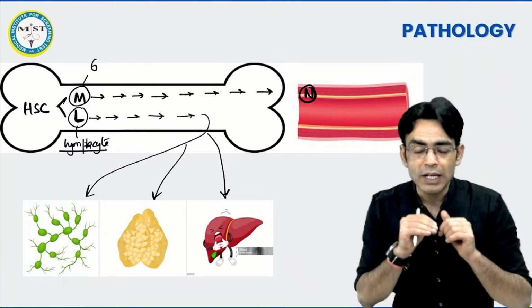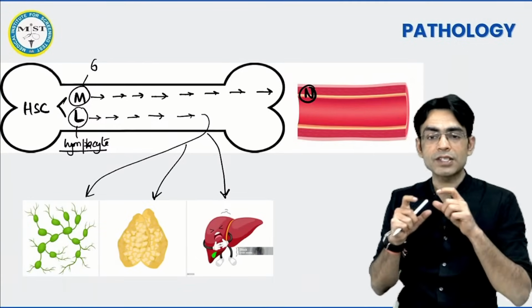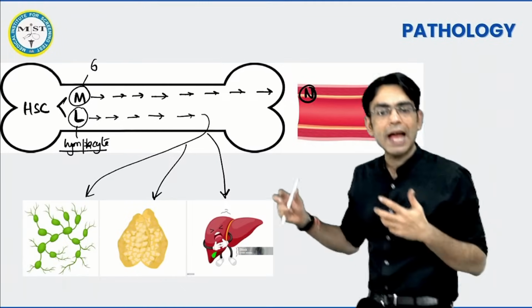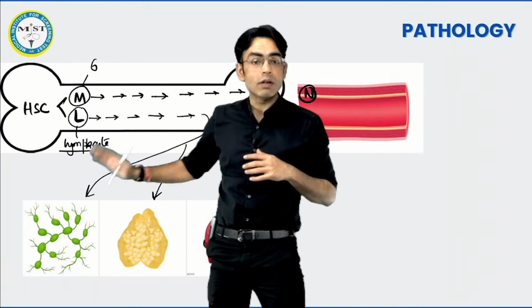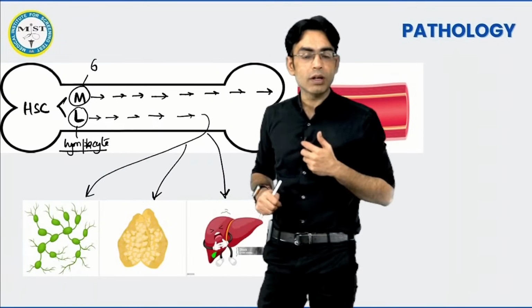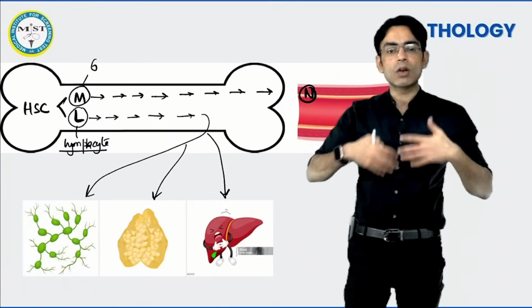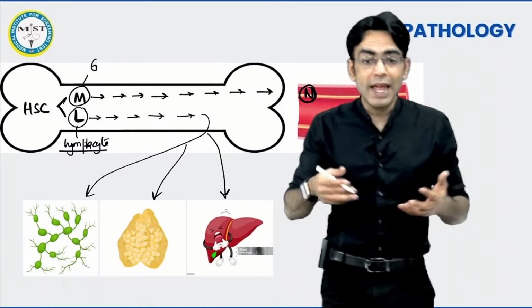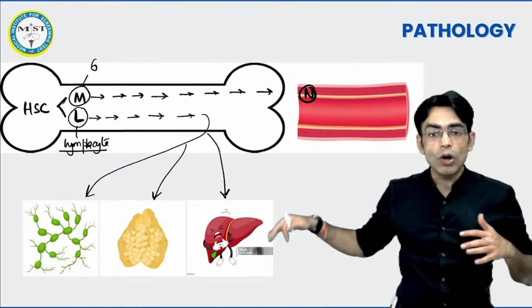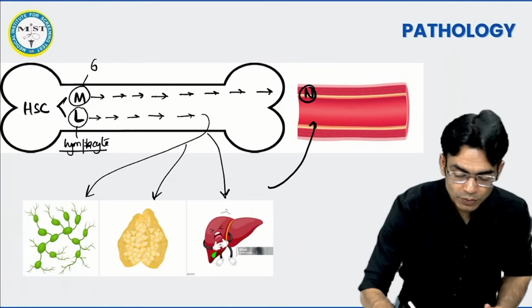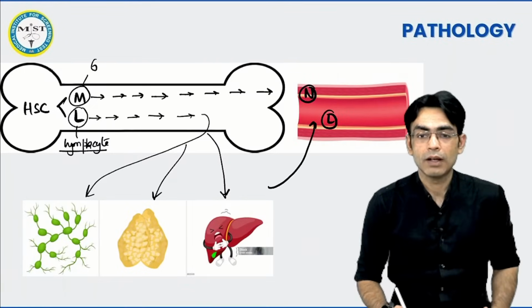So whenever an infection comes, this infectious agent will be caught by your APCs, antigen presenting cells in the body, and will be shown to your lymphocytes, B and T lymphocytes also in your lymph node. And then one type of B cell or T cell, depending upon what kind of pathogen you have, will increase in number, and then from these lymphoid organs, they are going to come into your blood. तो यहाँ से आएंगे, तो ऐसे बनता है.